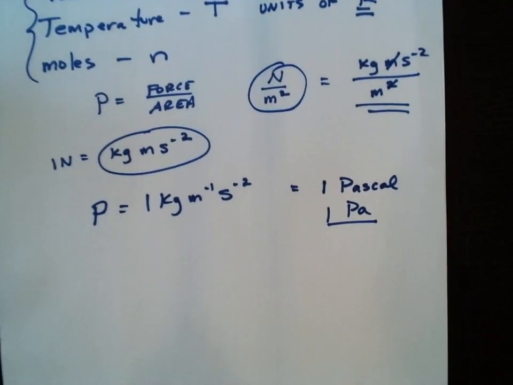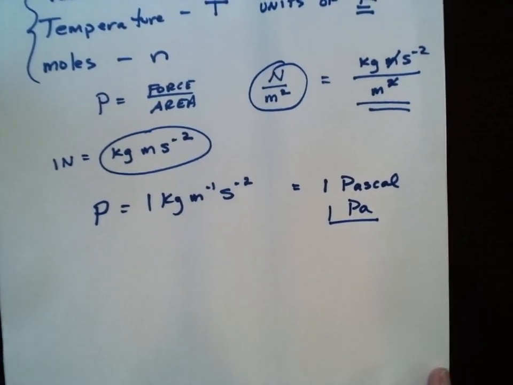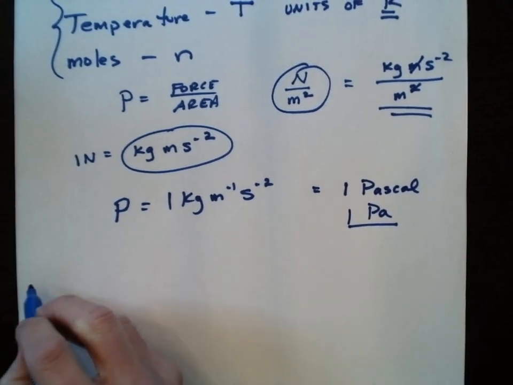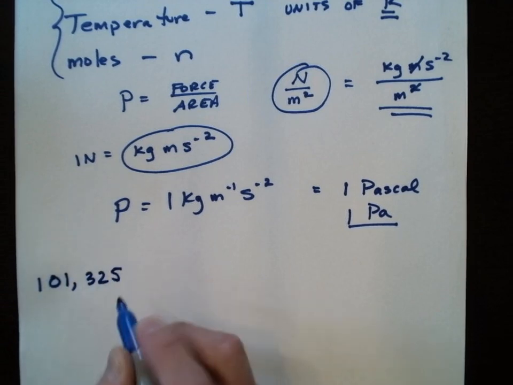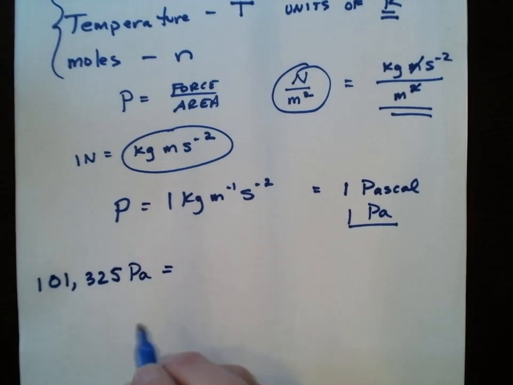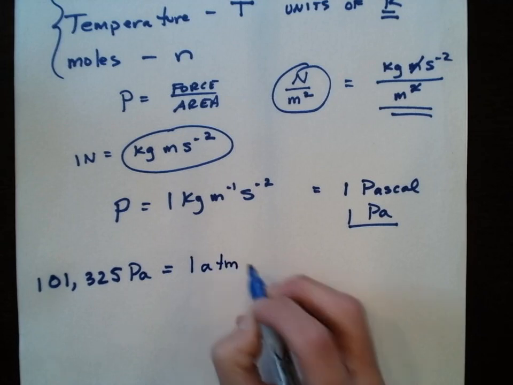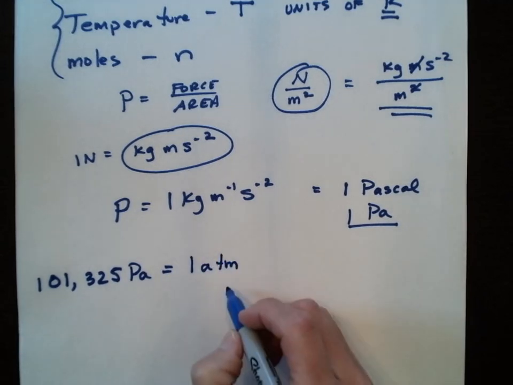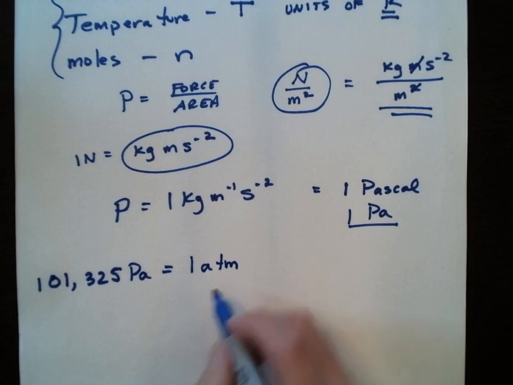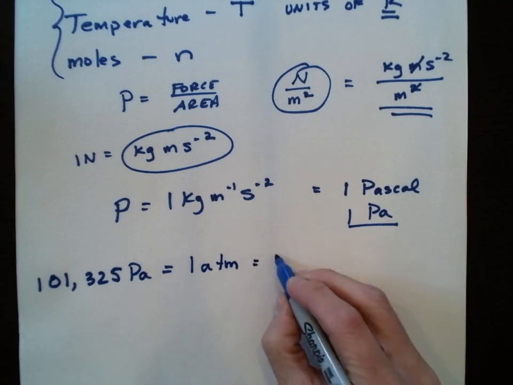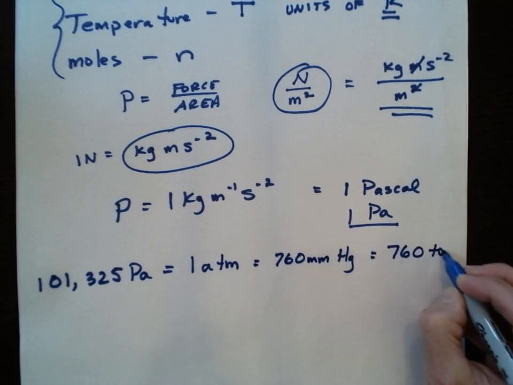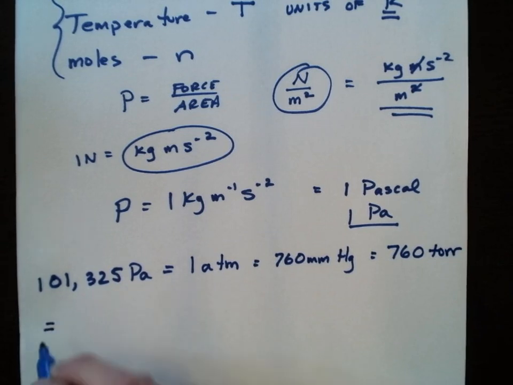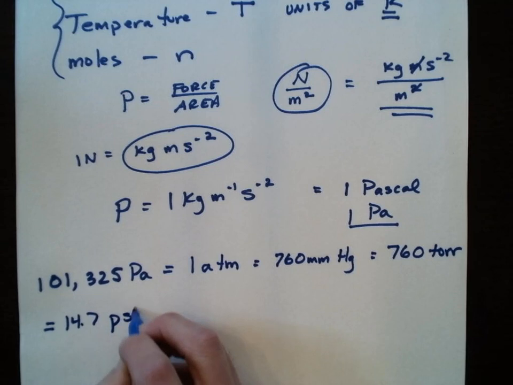There are several unit conversions in pressure that you're going to need to be aware of, and they look like this. 101,325 Pascals, that's the same thing as what we call 1 atmosphere of pressure. So air has a certain pressure that's associated with it. It fluctuates a little bit, but roughly speaking, the pressure of the air at sea level is about 1 atmosphere. That's going to be the same thing as 760 millimeters of mercury, which is the same thing as 760 torr, which is the same thing as 14.7 psi, which stands for